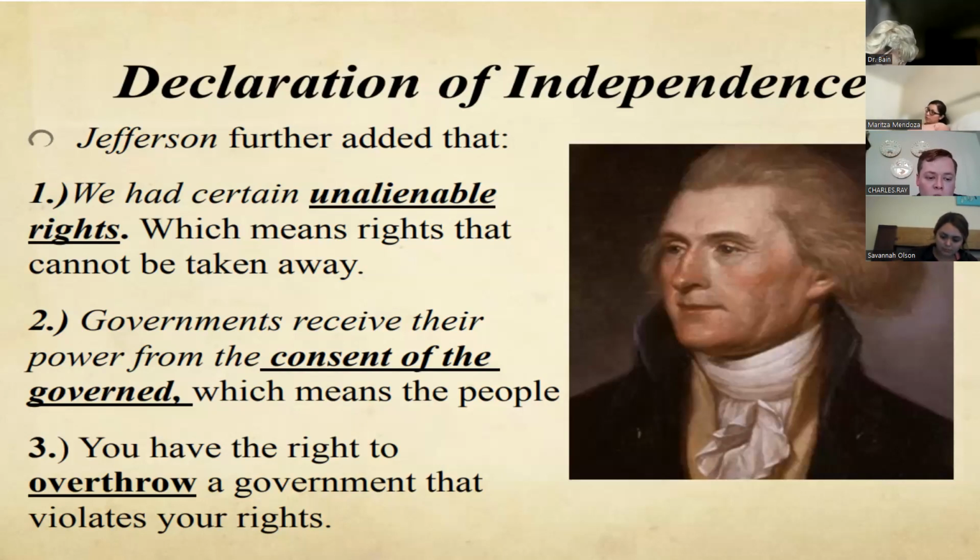We've been telling the king we are loyal, we respect you, we will follow your orders, we just want representation. So we break out John Locke, talking about how we have certain unalienable rights of life, liberty, and the pursuit of happiness. That government comes from the consent of the governed. And by that same token, if the government does not protect their rights, they have the right and the duty to overthrow that government.